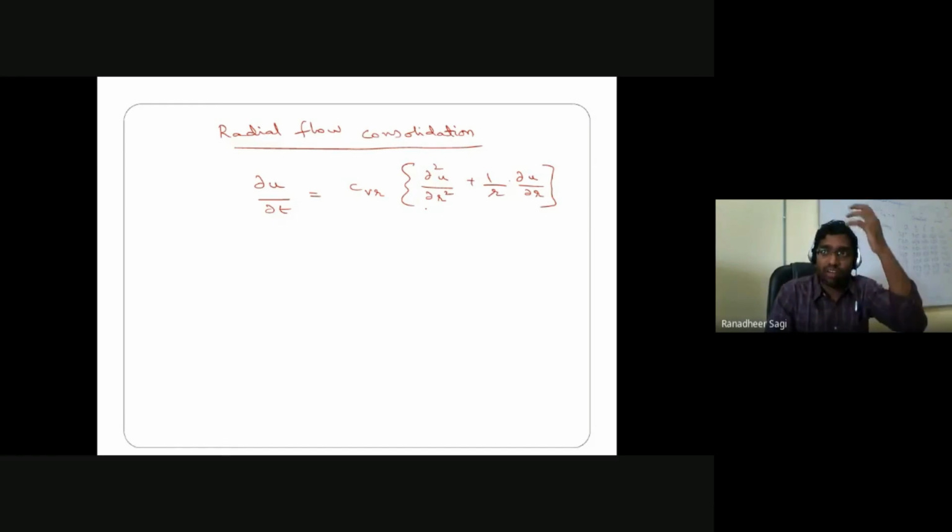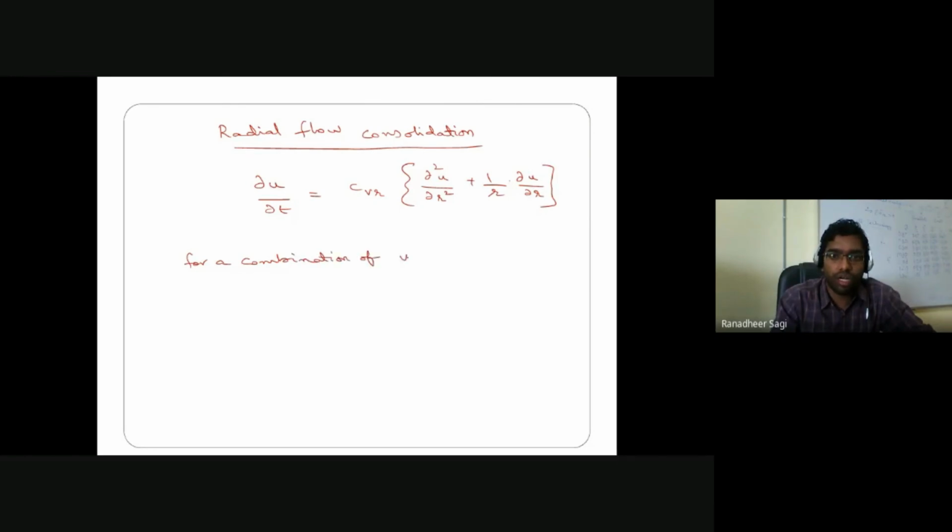In case, along with your vertical drain, you also have the drainage path for your water particle to dissipate by traveling in the vertical direction, then your total rate of flow for a combination of vertical and radial flow happening, how is your excess pore water pressure changing with time? If I want to understand, then it is nothing but